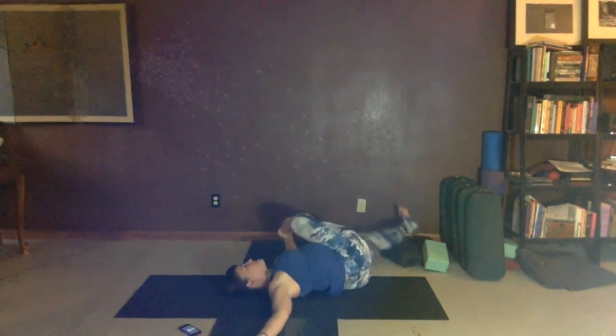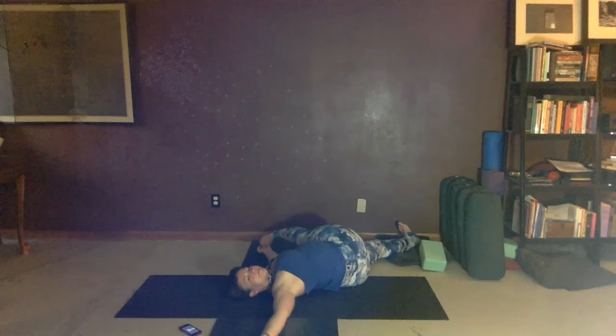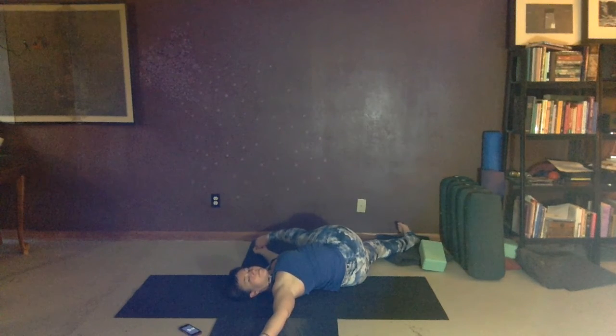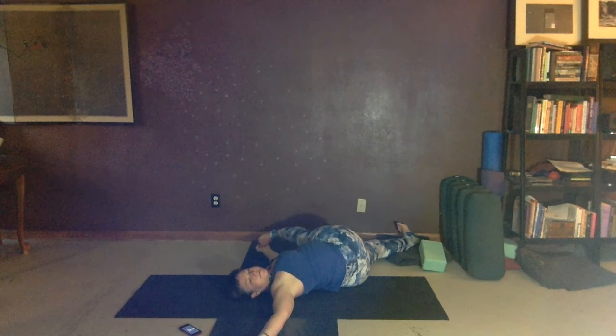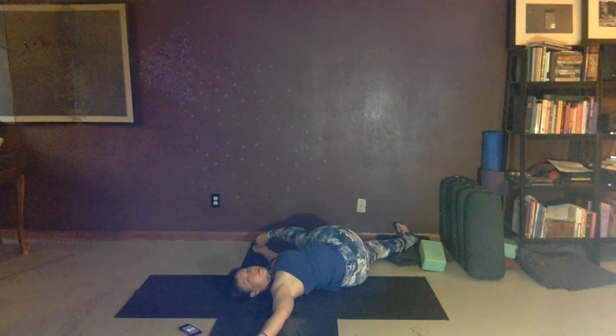Exhale, bend both legs, press the belly back and bring the knees up. Inhale and feel center. Exhale to the opposite side. On an exhale, bend both knees, press back, come back to center,